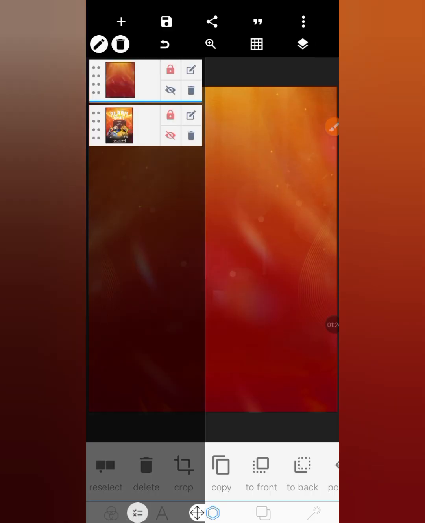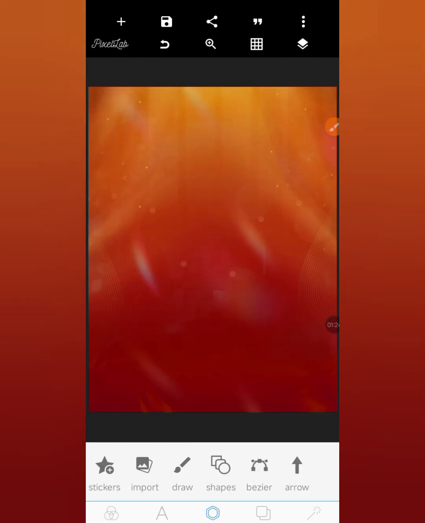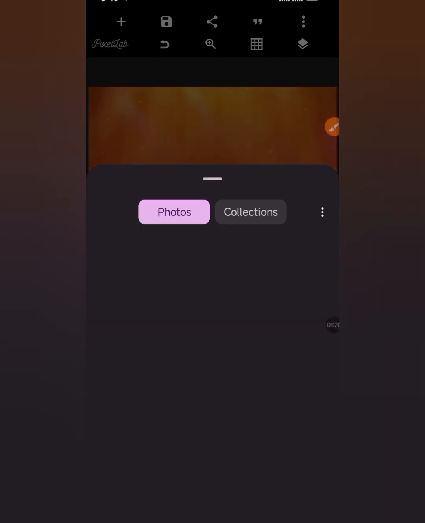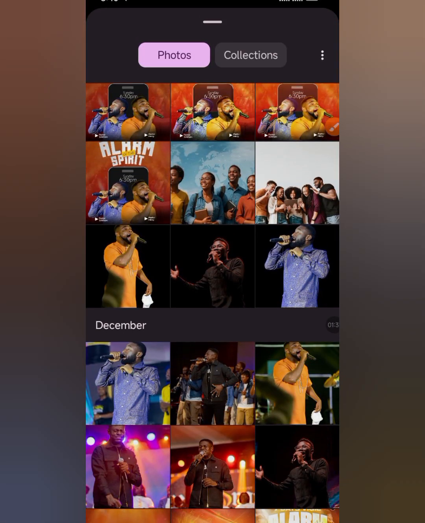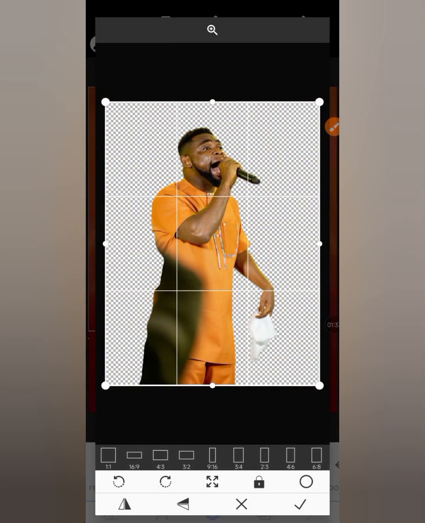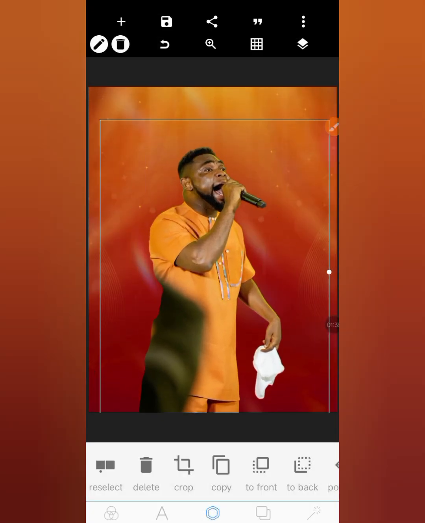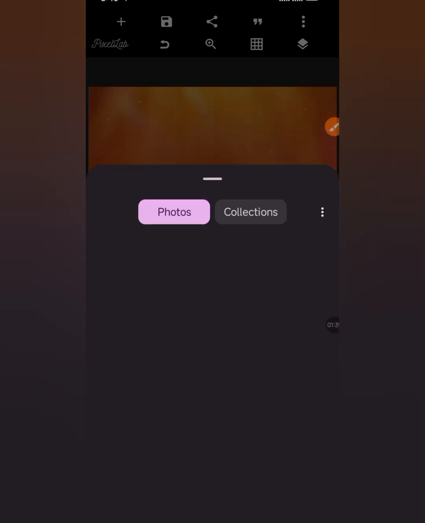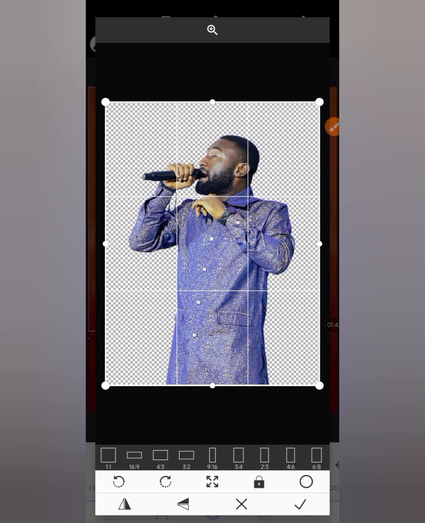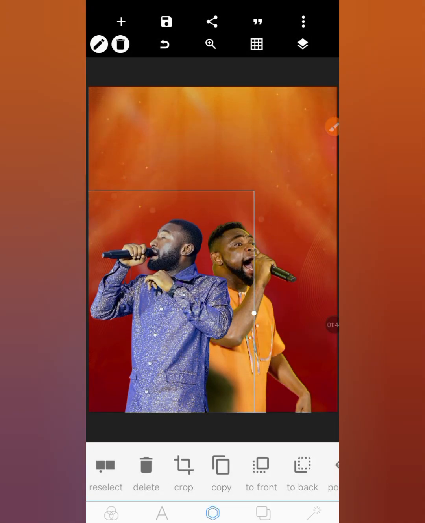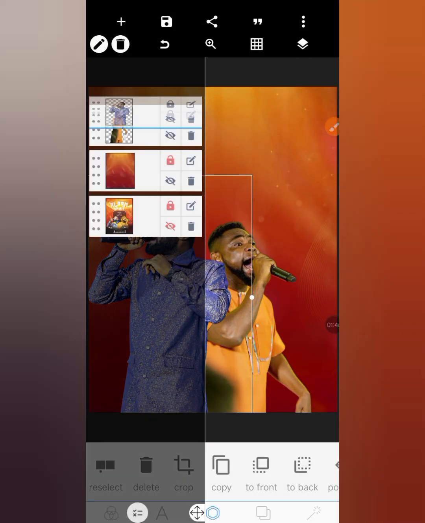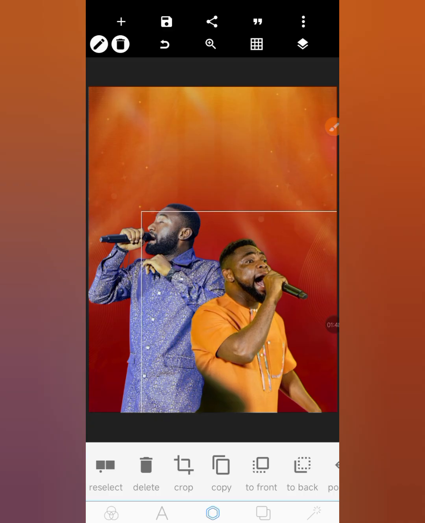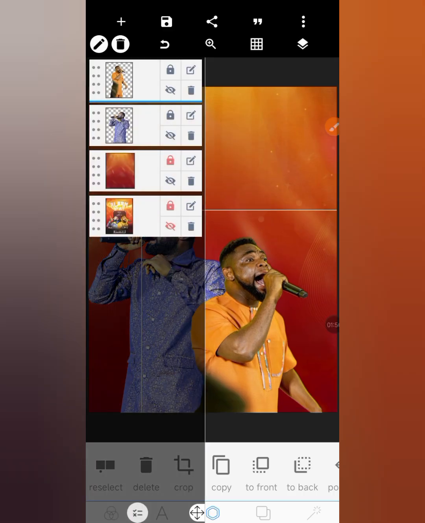So the next thing we'll do is for me to bring in the models, that's the ministers for the program. So we have the first minister here, so we have this here, and then I'm going to bring in the second one. So let's make sure you follow the design very well. You are following very well. All right, so I'm going to bring this to the back. Okay, so I'm going to lock that,